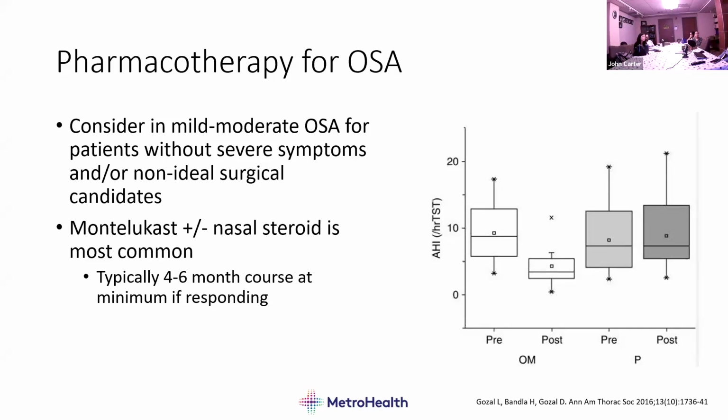But it can be a middle ground for kids whose families want to avoid surgery or maybe aren't ideal surgical candidates. Have there been any head-to-head studies with the use of nasal, like traditional fluticasone versus acetaminophen? Not head-to-head that I'm aware of. There have been head-to-head trials looking at different topical nasal steroids, mometasone, fluticasone, et cetera. And there's no clear winner, and montelukast is better than all of them. Right. I'm prepared to be wrong about this, but I'm not aware of acetaminophen versus either of these head-to-head.